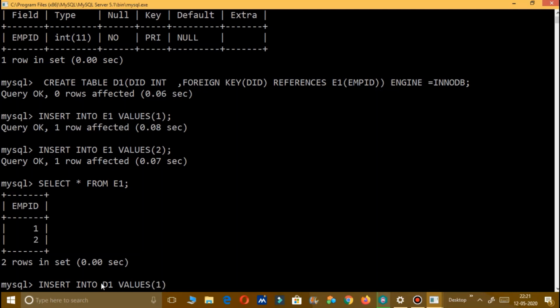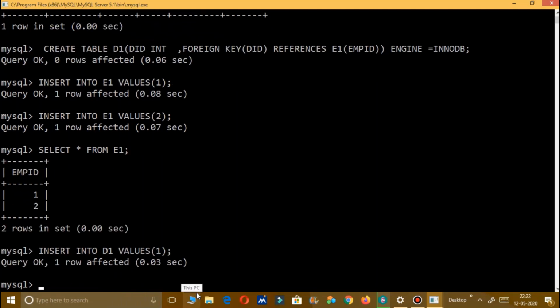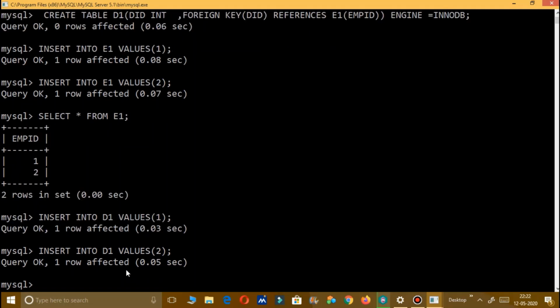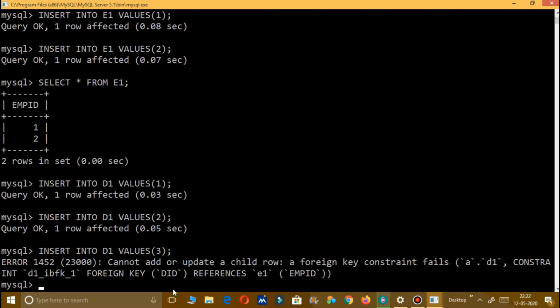The first employee comes and says assign me the department, so it will allow. Now if a second employee comes and says give me the department charge, he is also allowed. If a third employee comes, actually there is no third employee, and someone says my employee ID is 3, give me the department, it will not give. Why? Because his name has not been entered in the employee table. So these two are connected together.